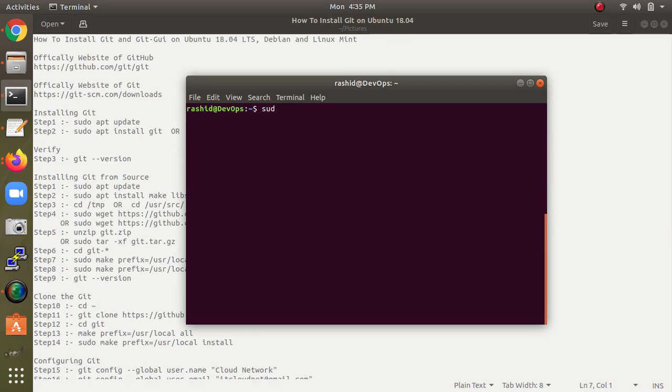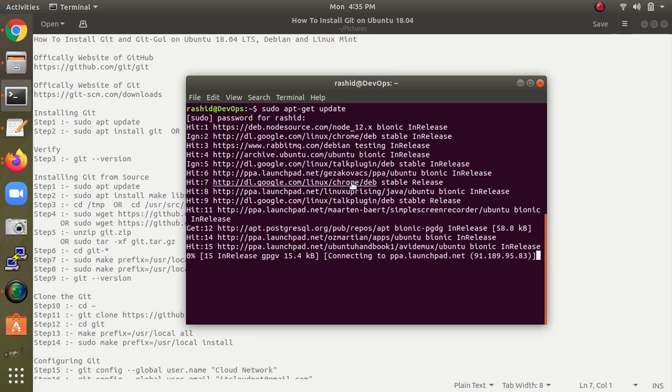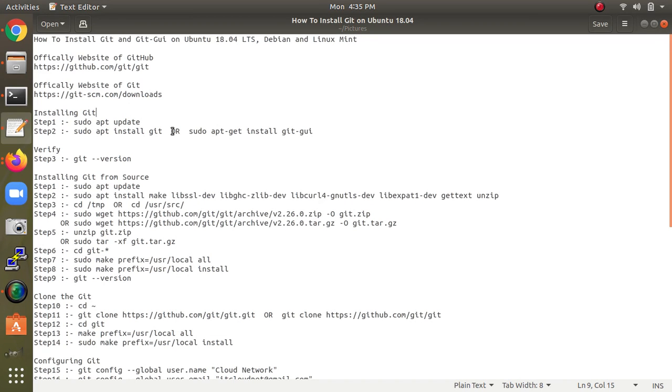So just type sudo apt-get update to update your operating system. It will update with the latest packages. Once the upgrade completes, you can also use update and upgrade. After that, the second step is to install Git, you can use this one or this